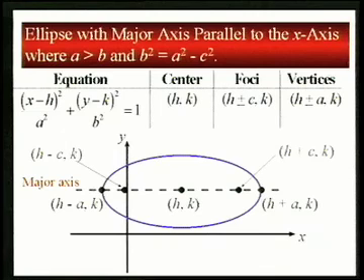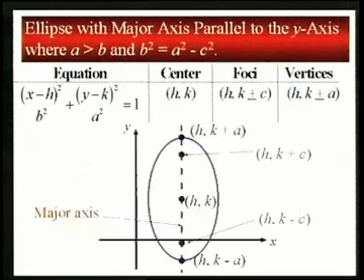The value of c is the distance from the center to the foci. The value a is the distance from the center to the vertices. Remember also, since the major axis is parallel to the x-axis, the foci and vertices are to the left and right of the center. When the major axis is parallel to the y-axis, then the equation is of the form